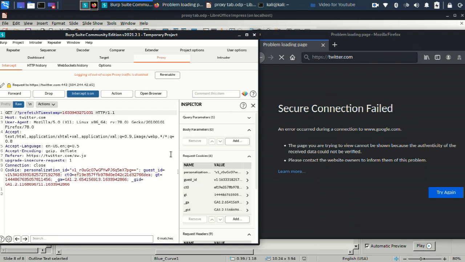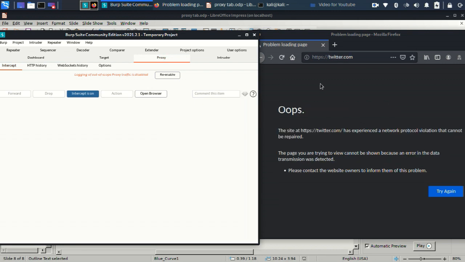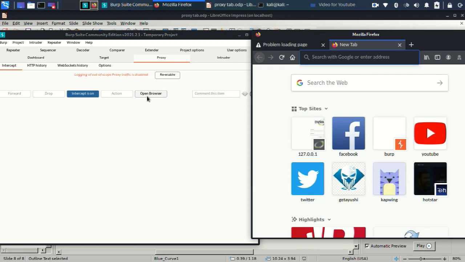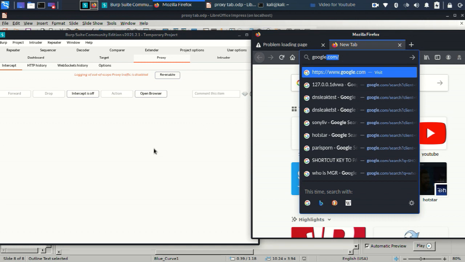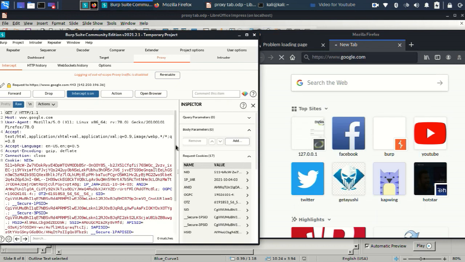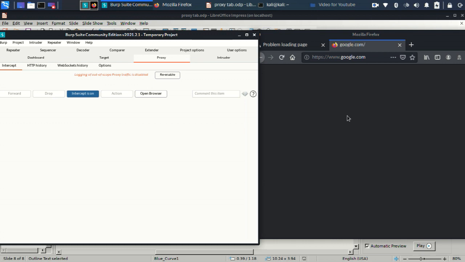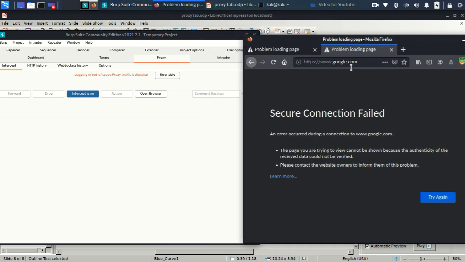I'm dropping everything. Okay, I'll show you in a new window. Say google.com, and intercept is on. Enter. So this is the request for google.com. Now if I drop it, what will come here? I will not get the Burp error, rather I'll get some secure connection failed error. Let me drop everything. Just see, I'm getting the secure connection failed error. Sometimes you need to drop multiple requests based on the connection to the server. So this is the error message anyone gets, not the Burp Suite error.